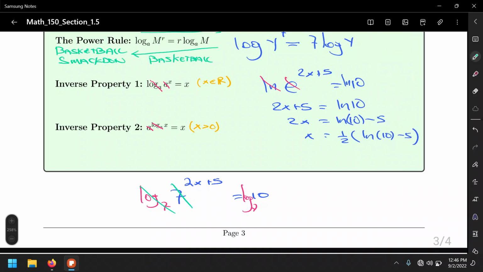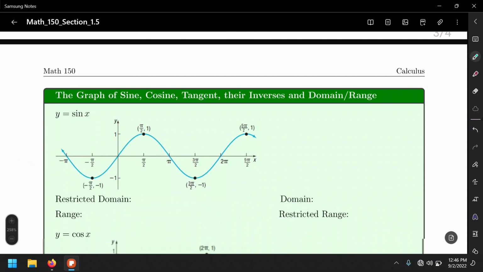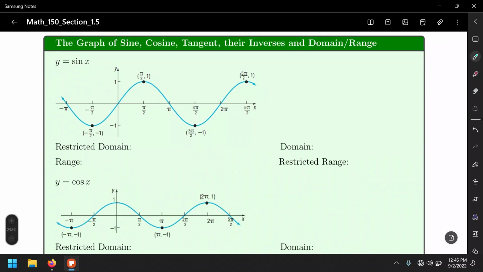All right guys, so the next topic is to define the graphs of the inverse trigonometric functions. But I really don't want to rush through this, so I'll let you go a few minutes or